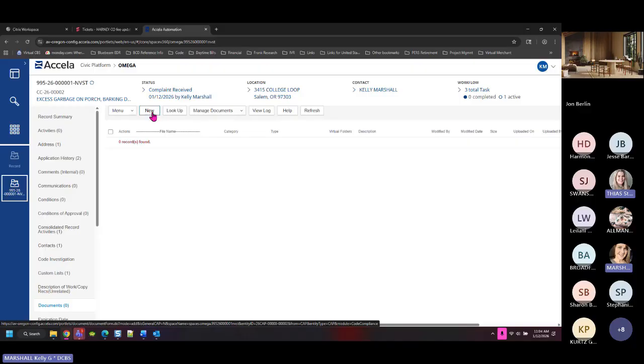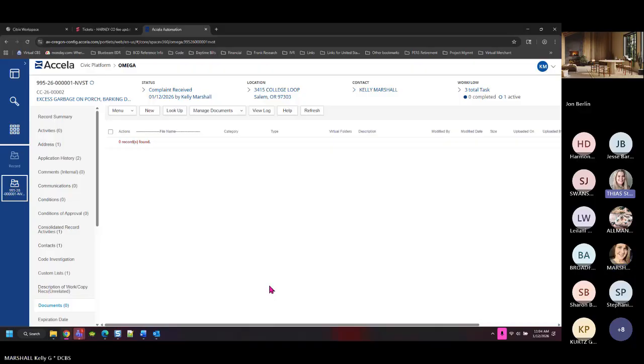Like I said, I can load maps, photos, inspection information will be housed here, etc. But inspection information and photos taken in the field, because you can do that. We have an inspector app,